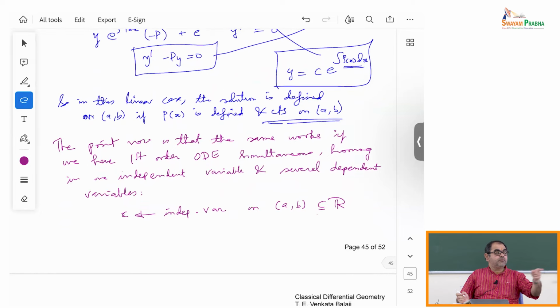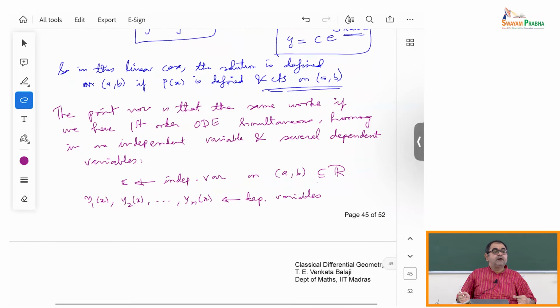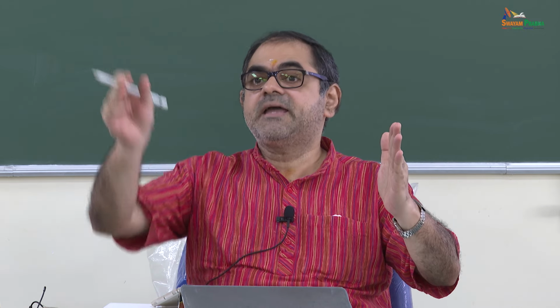Then you are going to put several dependent variables on x. So you put y1 of x, y2 of x, and so on, up to yn of x. These are all dependent variables. And what is the differential equation? The differential equation is that the derivatives of these are equal to a matrix times these original functions. So the ODE is,